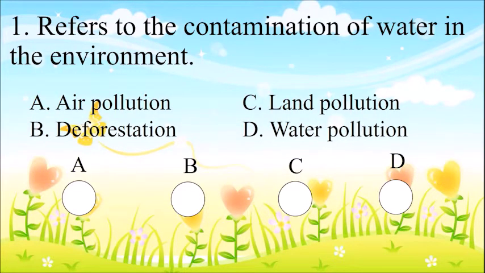Number 1. Refers to the contamination of water in the environment. Your choices. A. Air pollution. B. Deforestation. C. Land pollution. Or D. Water pollution. And the correct answer is